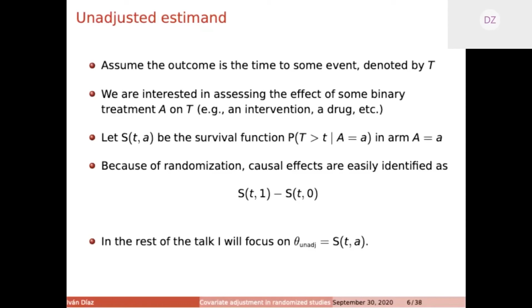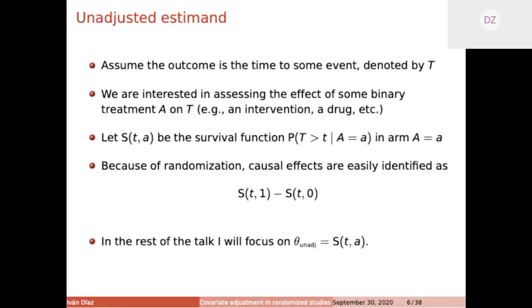Because we're in the context of randomized studies, the causal effect estimation problem becomes much simpler. We have identification without assumptions. In previous webinars, you've seen all the counterfactual notation. I'll skip that part because it's very trivial in the case of a randomized study. And I will just say that in a randomized study, causal effects are easily identified as contrasts between these two